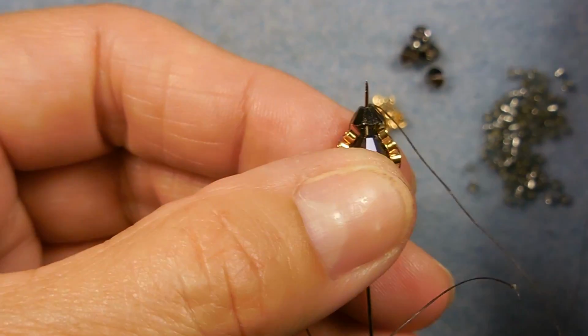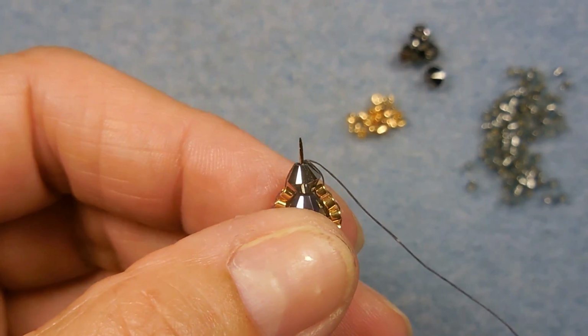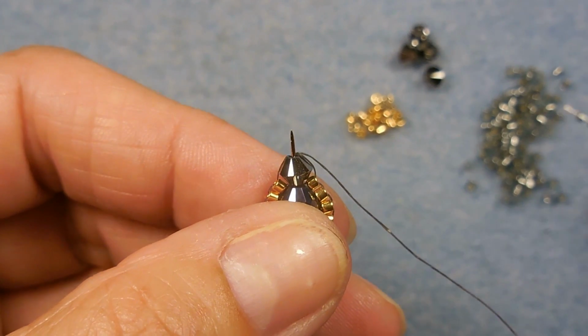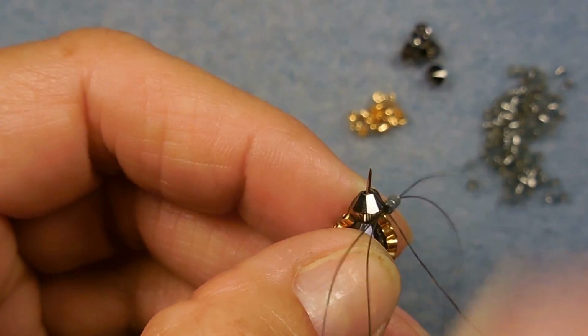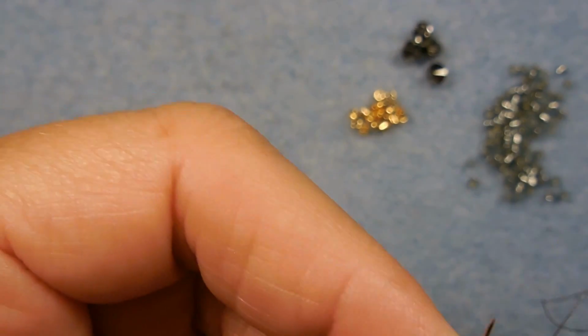So now we're going to go, and we're going to grab the matte delica beads, the matte semi-matte transparent silver. Okay, so 2 of those, because we're starting a new row. We're going to come under the thread that is coming out,